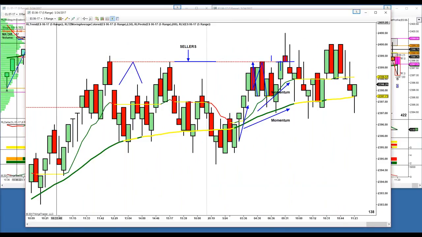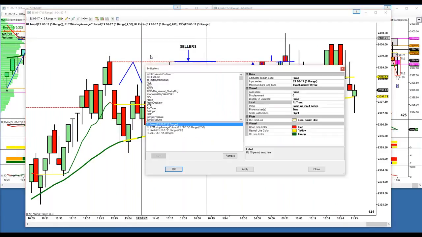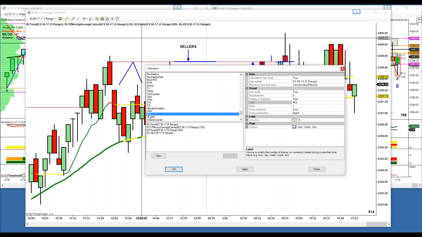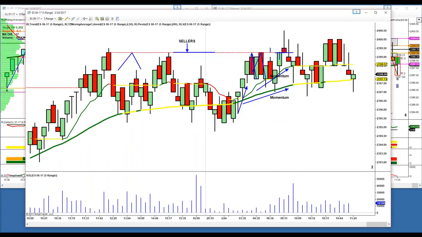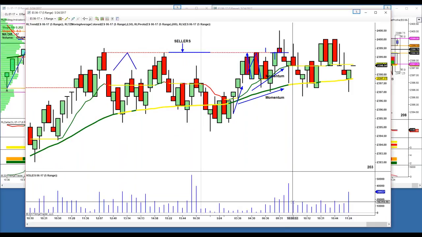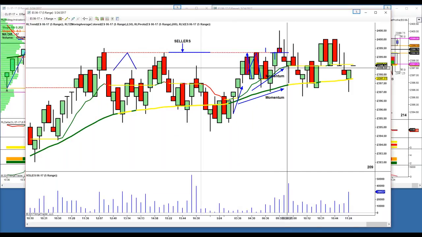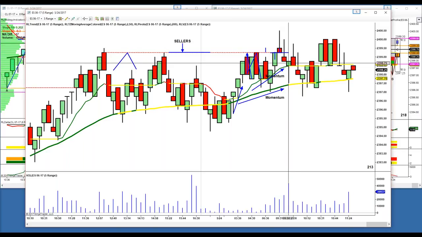Now, let's put in a standard volume indicator. And these are the way almost all of them are. Let's just use volume right off of Ninja. And what this is doing is telling you how much volume is accumulating underneath each candle. Doesn't matter whether it's a time candle, a tick candle, or a range candle. It's simply telling you how much volume is accumulating under the candle, which gives you absolutely no useful information to